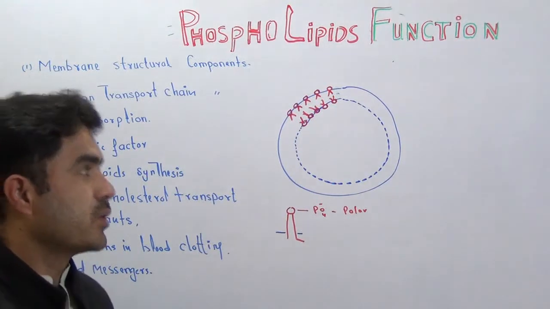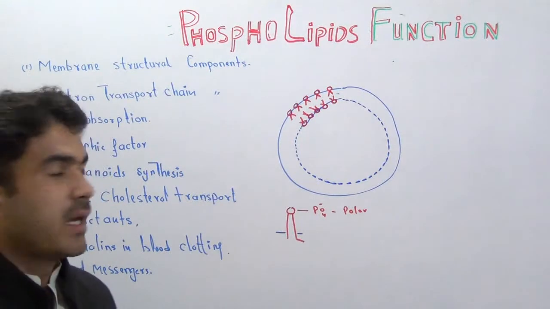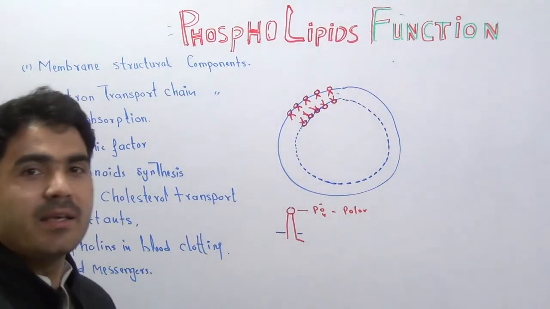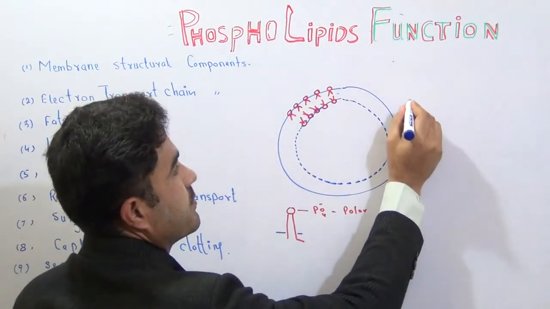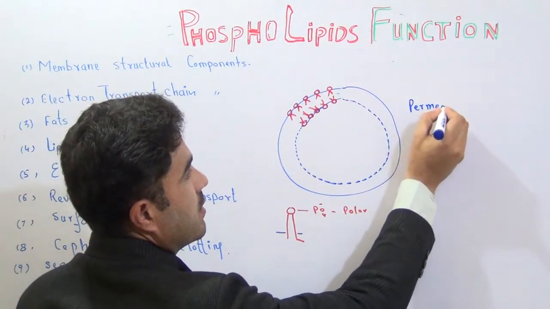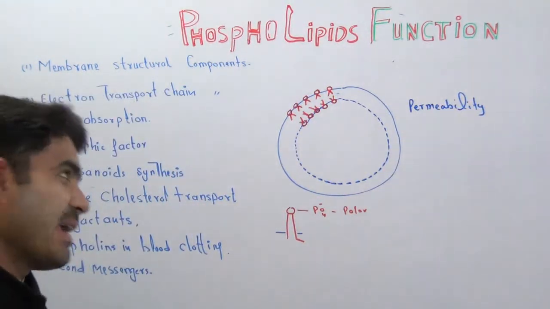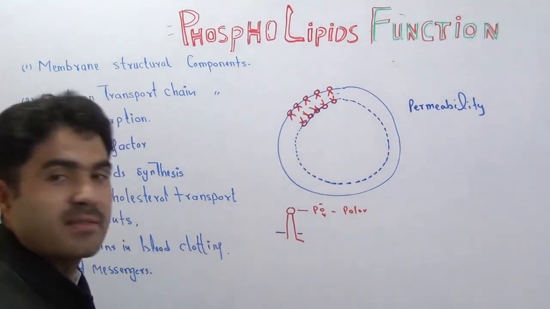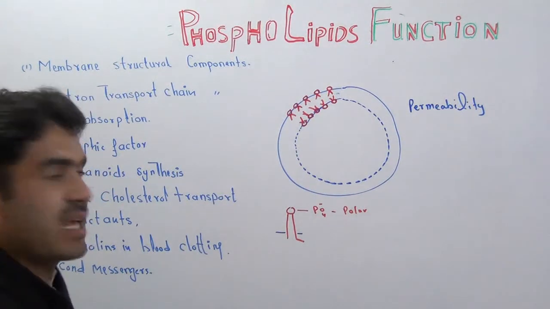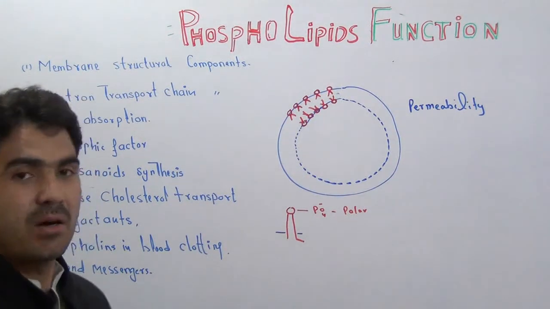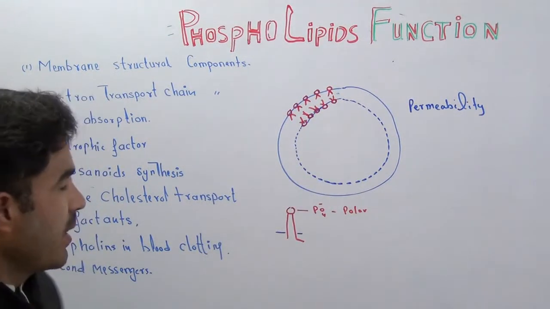And what do phospholipids do here? What is the function of phospholipids? Phospholipids control the entry and exit, meaning the permeability of the cell membrane. Some substances can pass, can come inside, and they can go outside, but there are some substances which our cell membrane cannot allow to come in or to go out. So the whole credit goes to the cell membrane. Okay,